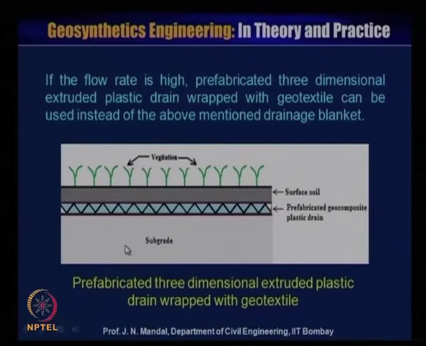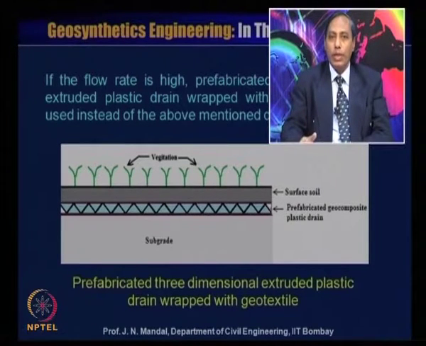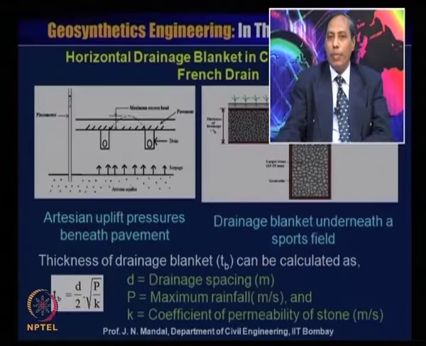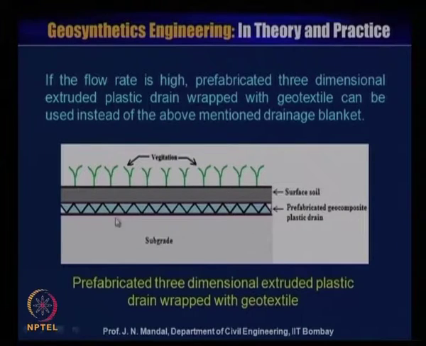Now, you can see here that a prefabricated 3-dimensional extruded plastic drain wrapped with the geotextile material is placed. This is the subgrade, you place this, and this is the surface soil, where the vegetation has grown. If the flow rate is high, the prefabricated 3-dimensional extruded plastic drain wrapped with geotextile can be used instead of the above mentioned drainage blanket. So, you do not need the blanket, you require only that one layer of prefabricated geocomposite